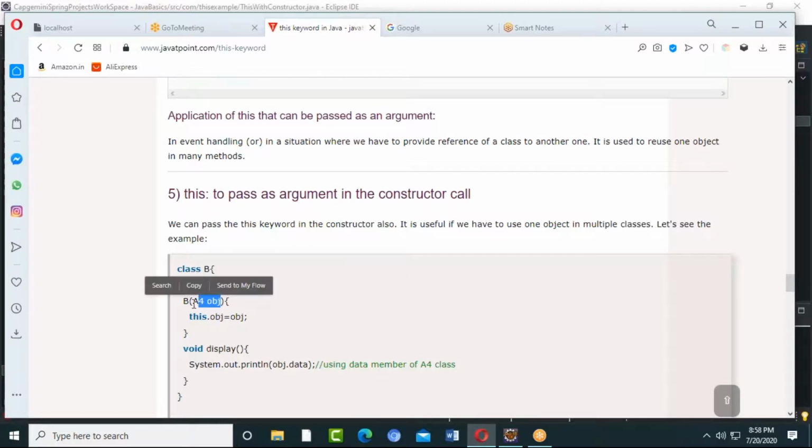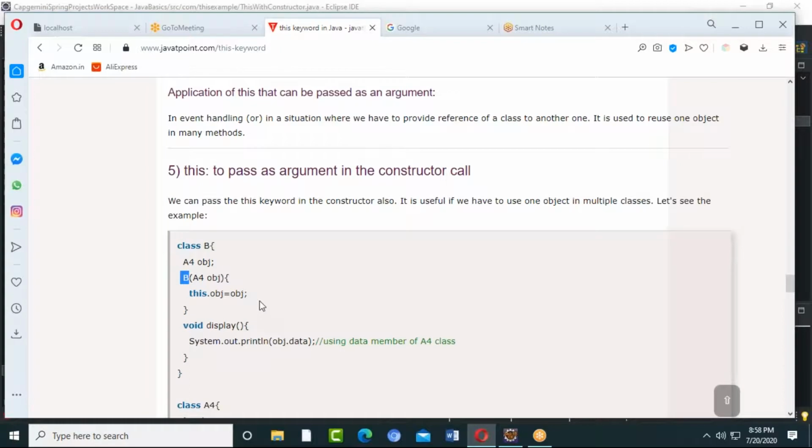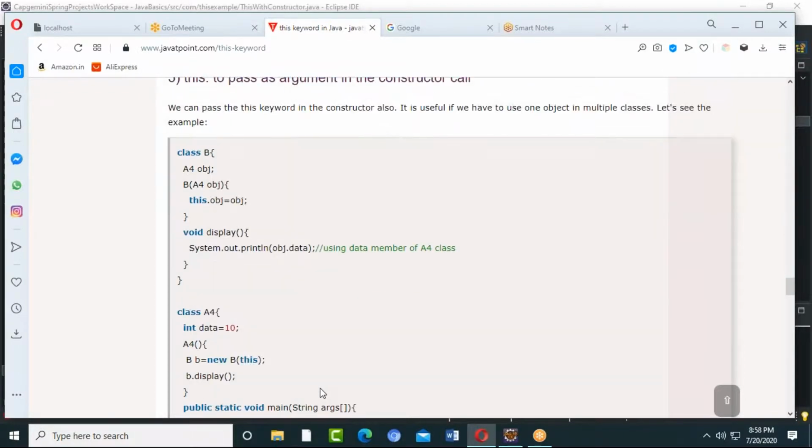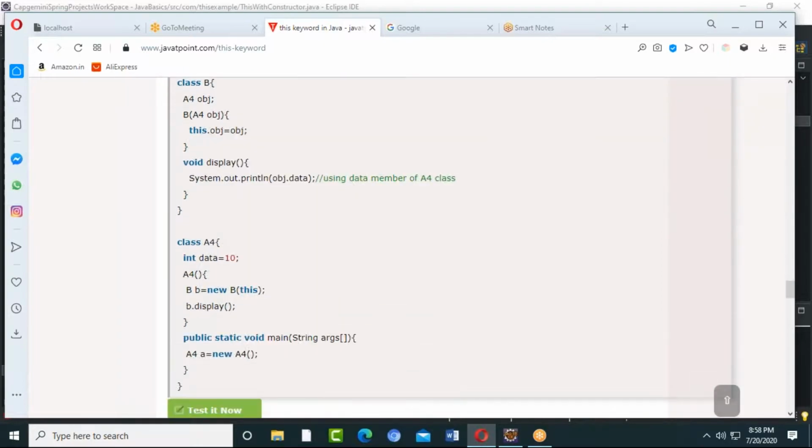At the time of calling, B has a dependency on an object A. So inside B we are not creating an object, but instead we are passing it as a parameter. So a dependency is there, but it is loose coupling. Are you getting me, Gayatri? Yes, got it. Dependency is there, but still it is loose coupling. That means I am not taking the direct object. When I take that object directly, if that object gets modified, there will be effects on this application.